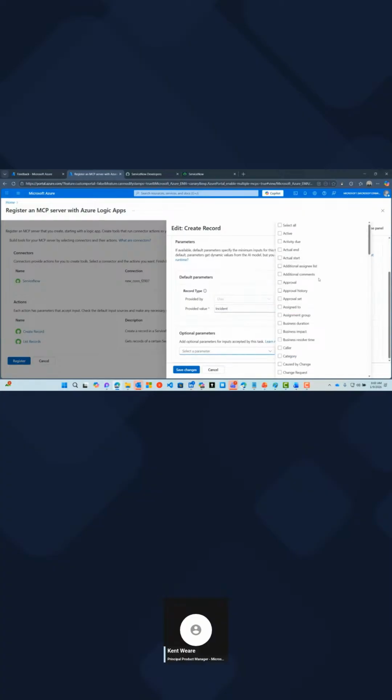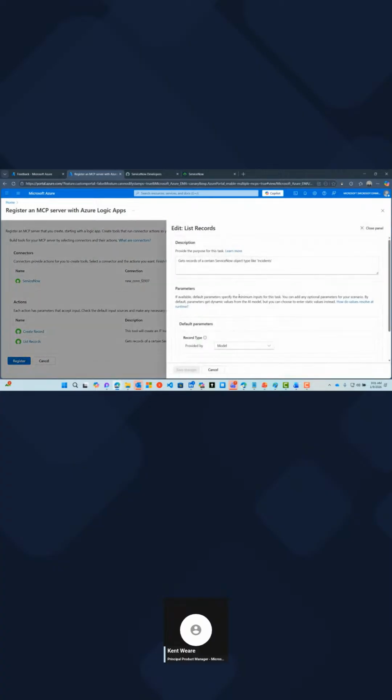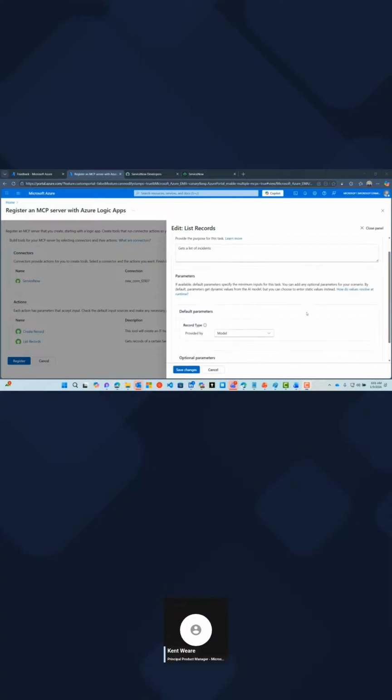The other thing we want to do now is to select a few different properties that we want to include. So severity is always a good one. Short description is another one. Obviously, you can go ahead and add more as you see fit as well. These will be provided by the model. Now, even though this list record says configured, I like it. I think it's a good practice just to go ahead and do those updates here as well. And same thing with the model.